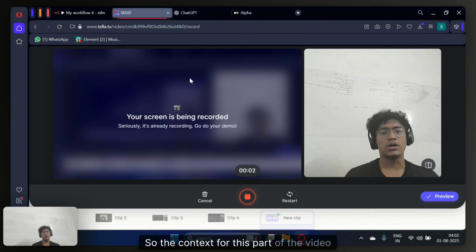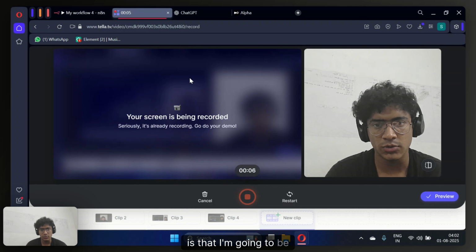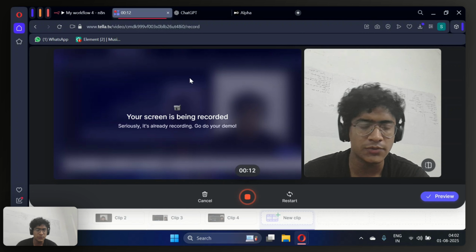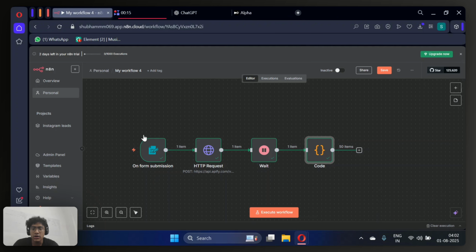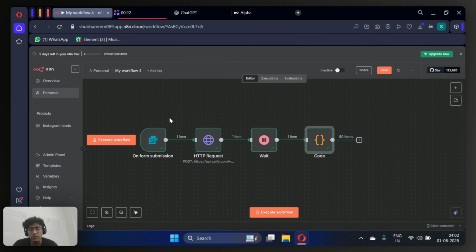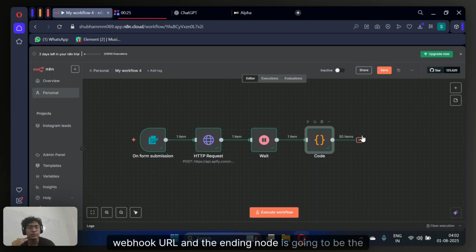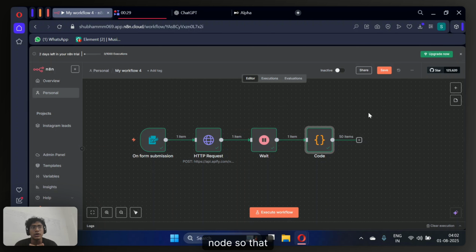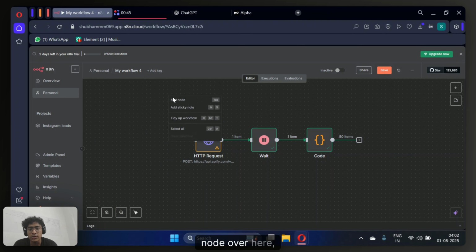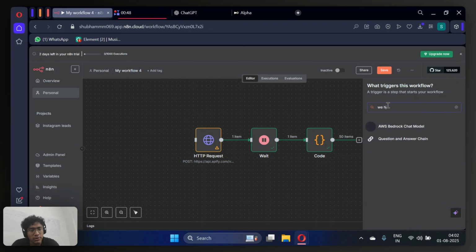So the context for this part of the video is that I'm going to be integrating the workflow that we generated in n8n into our web application using Alpha. So let's just start, right? The starting node over here is actually going to be the webhook URL, and the ending node is going to be the webhook response node, so that we can actually do data transfer between the browser and the n8n workflow. So I'm going to delete this node, add one node, and write webhook,